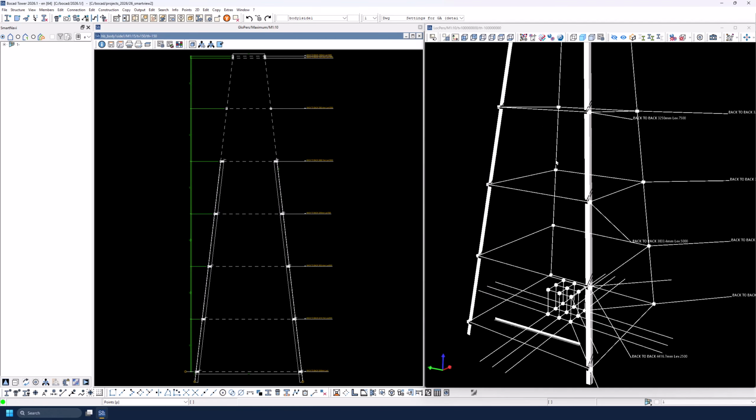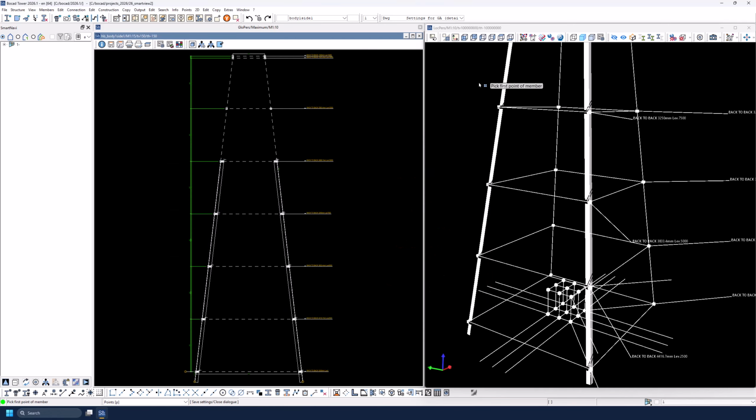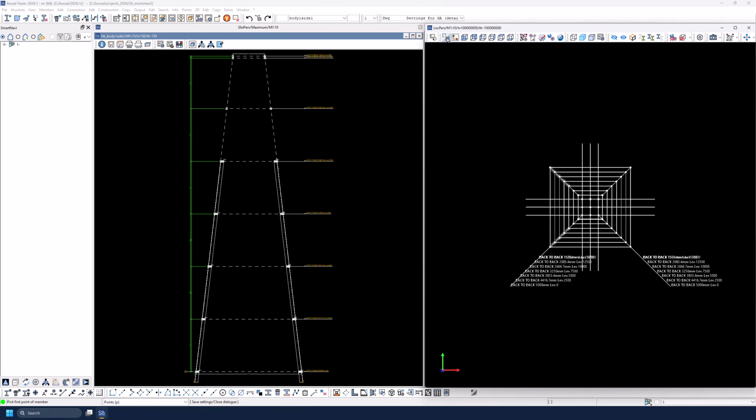Now, what you could do while working in this view, let's undo this. What you could do is say, well, let's go back to that function. Okay, and we will change the reference of this view. So instead of changing the reference for each tool, you say, okay, now I'm going to focus on a certain view or elevation, a certain reference, and I'm going to start working with that. So over here,